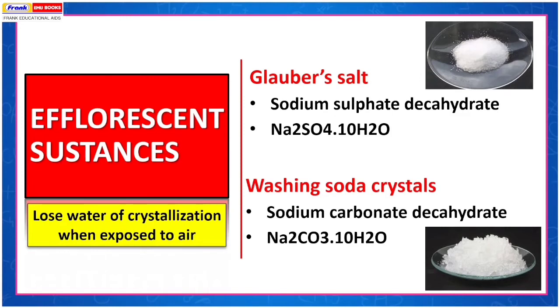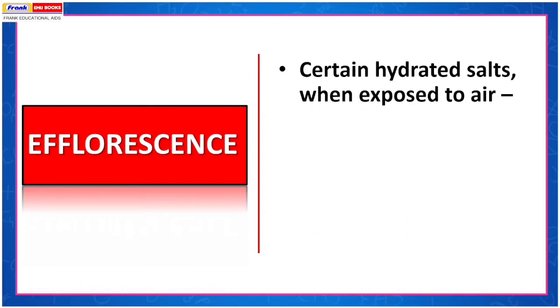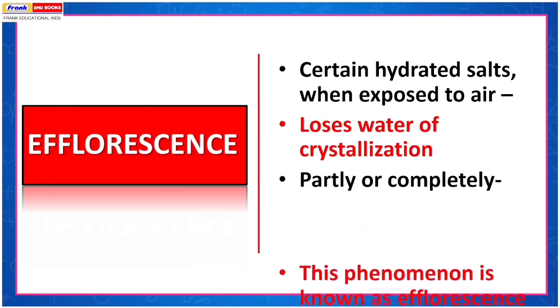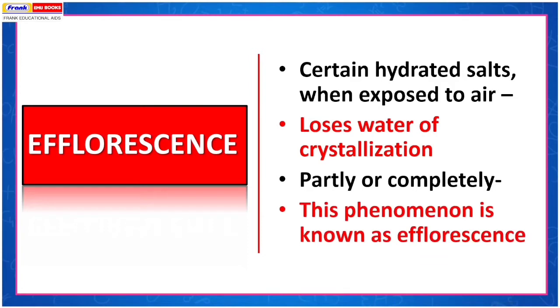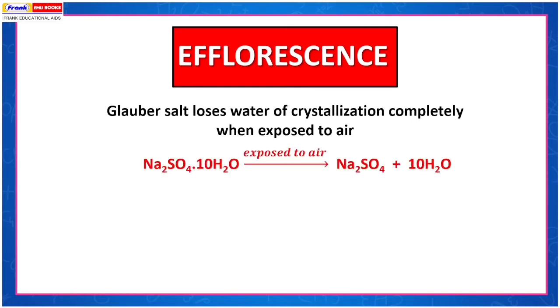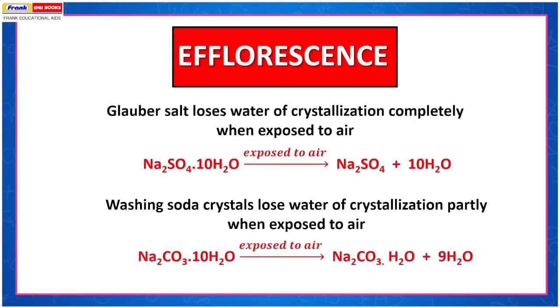Efflorescent substances are substances that lose water of crystallization when exposed to air. Efflorescence. Certain hydrated salts, when exposed to air, lose water of crystallization, partly or completely. This phenomenon is known as efflorescence. Glauber's salt loses water of crystallization completely when exposed to air. Na2SO4.10H2O on exposure to air gives Na2SO4 plus 10H2O. Washing soda crystals lose water of crystallization partly when exposed to air. Na2CO3.10H2O on being exposed to air gives